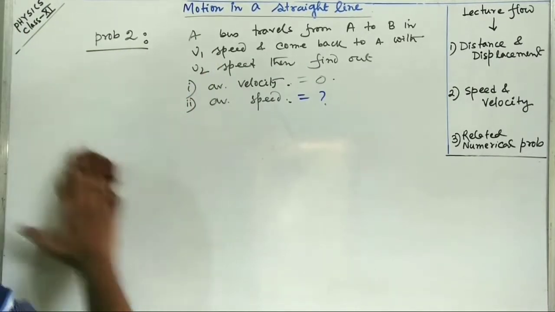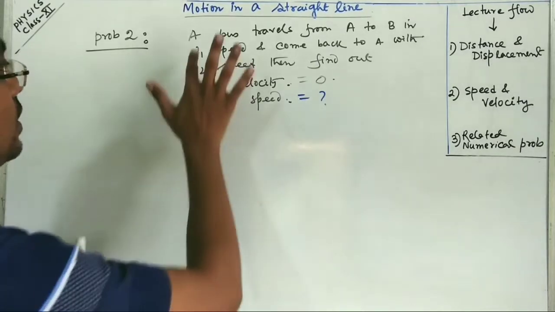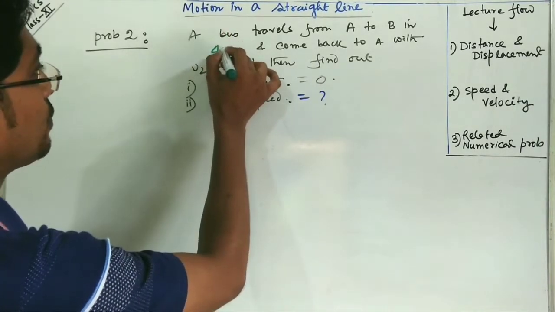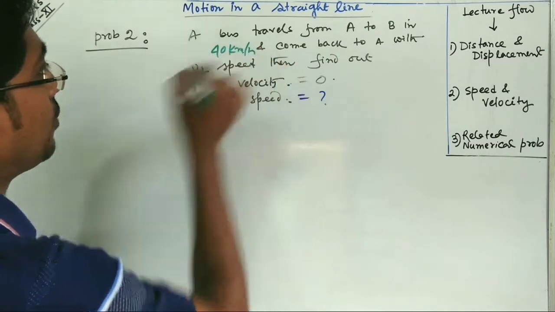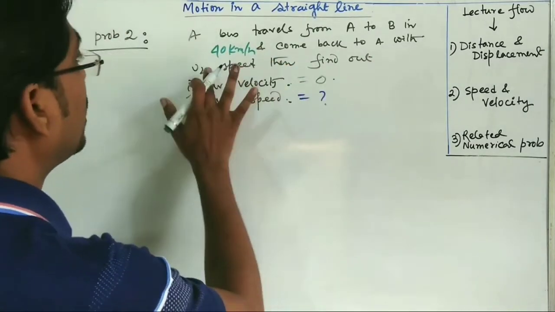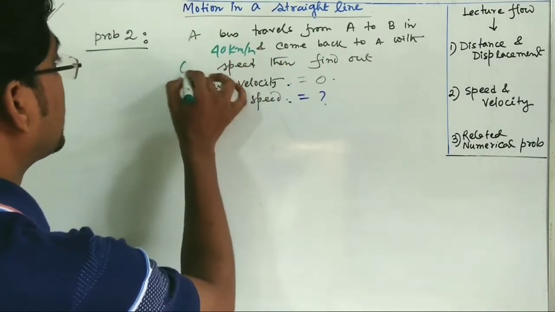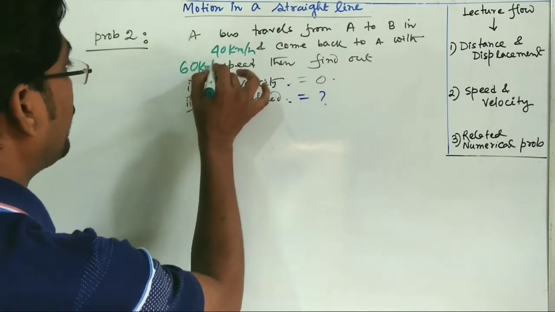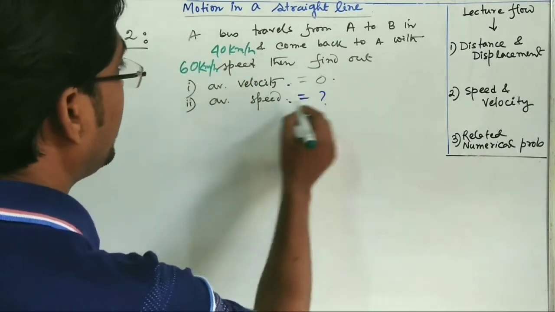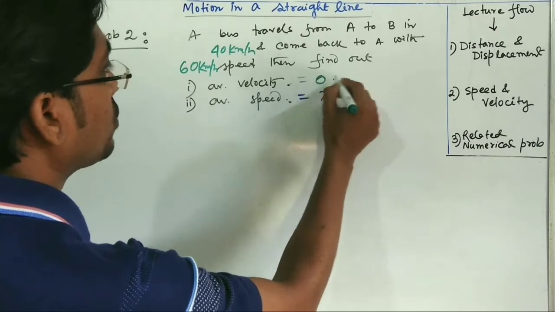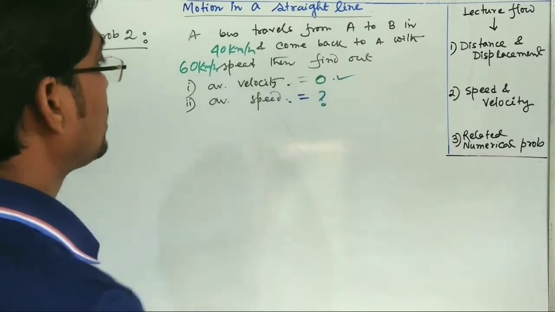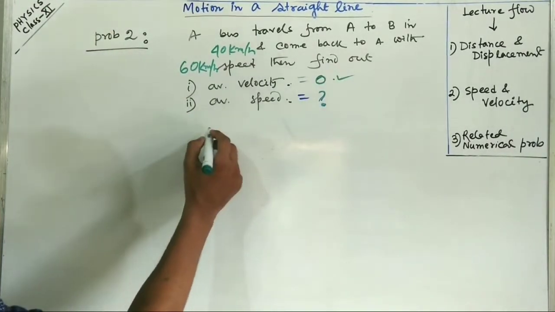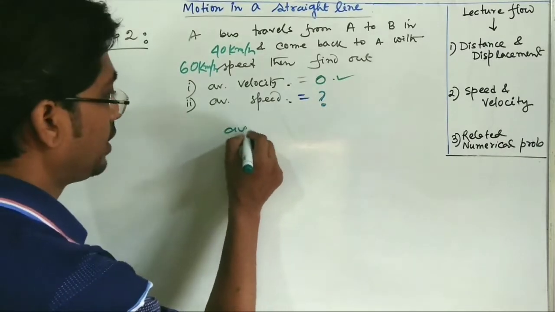In the same question, suppose it goes at 40 km per hour and comes back to A at 60 km per hour. Then what will be the average velocity? So average velocity will be the same, zero. So what will be the average speed? Average speed will be